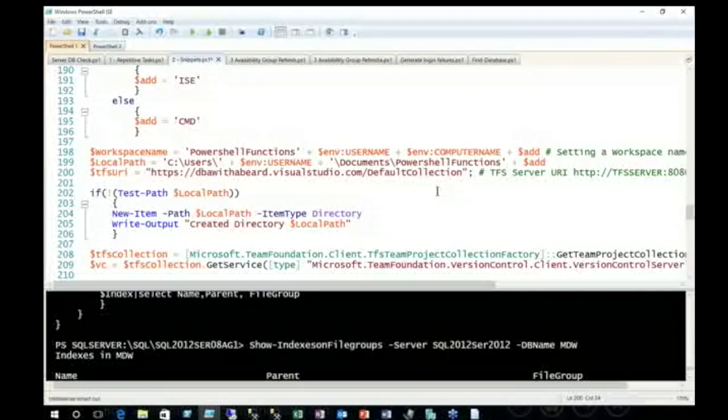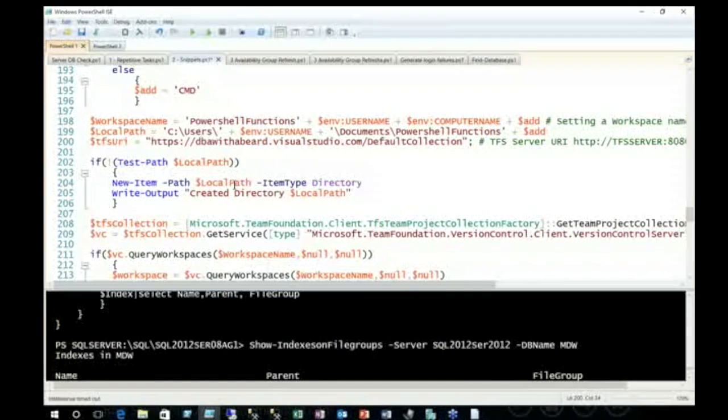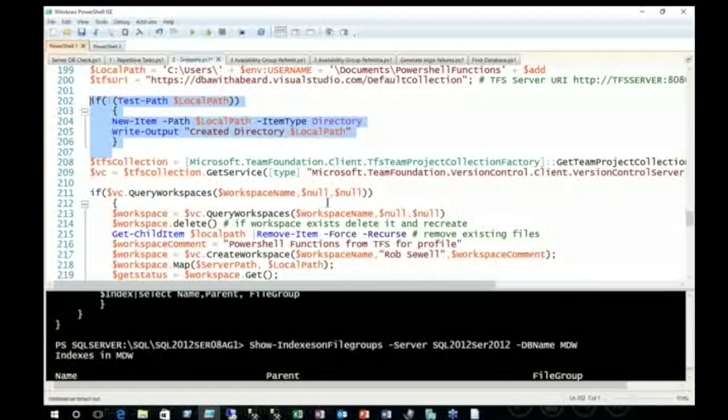Now, in this instance, I'm using TFS Online to connect to my own visualstudio.com account, but if you've got a TFS server at work, then you would put in something along the lines of the TFS server, port number, and then the path to the collection. We then simply test if the path for the functions folder exists, and if not, we create it. We connect to our collection, we connect to our version control client, and then I got a bit lazy,